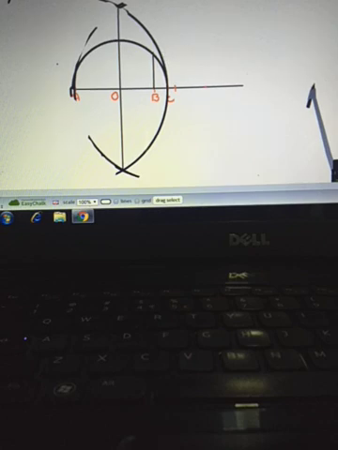Okay, and now let me name this as A, O, B, C. I have written, so better I name it as D. Okay, this point is D. So whatever is AB, BD will be the square root of that. Here I have taken AB as 5.6. So BD will come as square root of 5.6. Okay. Now as square root of 5.6 has to be drawn on the number line. What is the number line here? This is the number line.